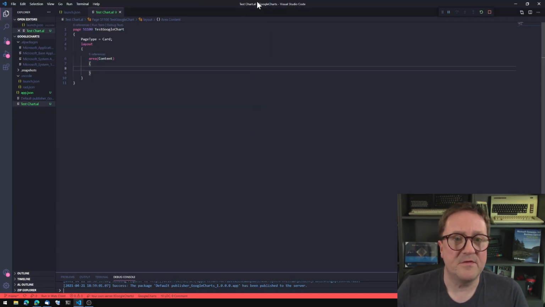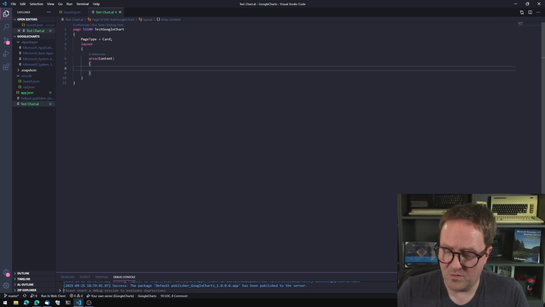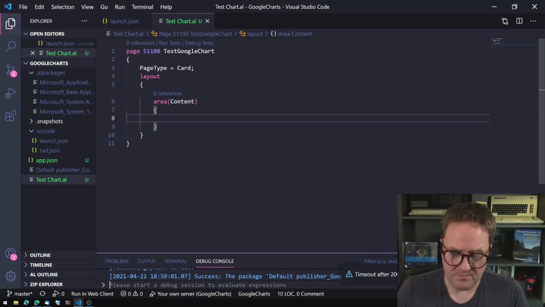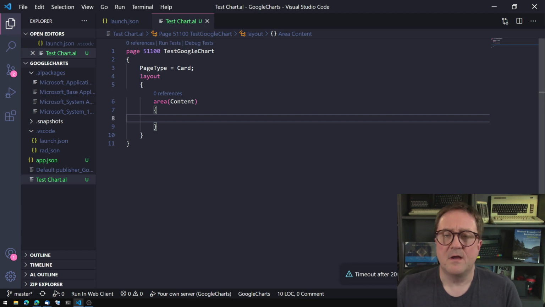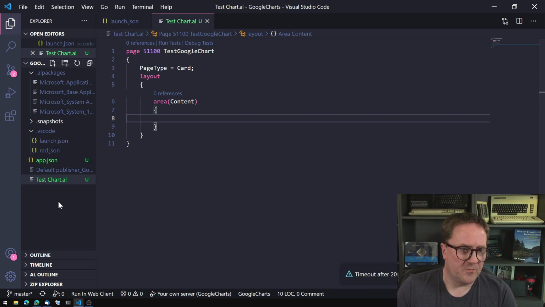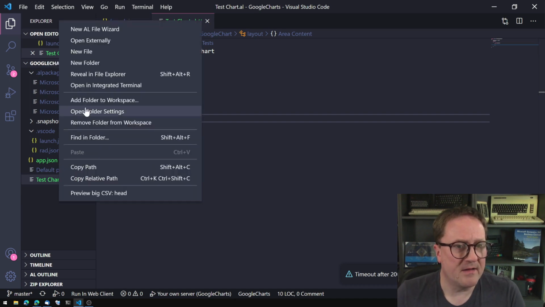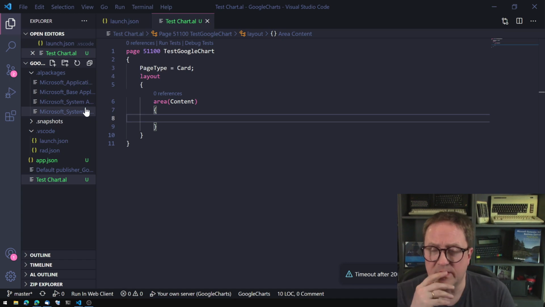Here is my Visual Studio Code. I just created before the video started a quick empty project where we have a page where we really want to insert this. And so when we're going to create a control add-in,